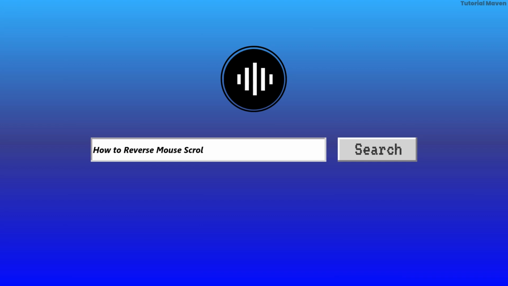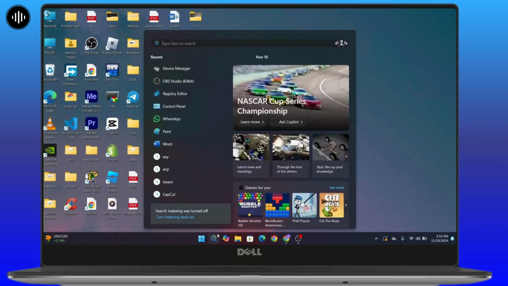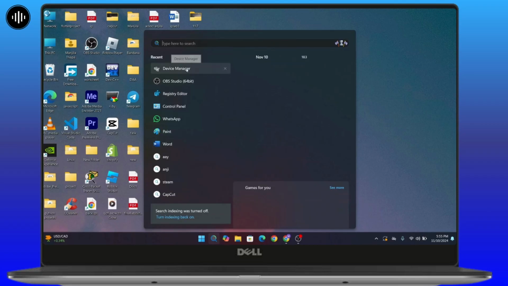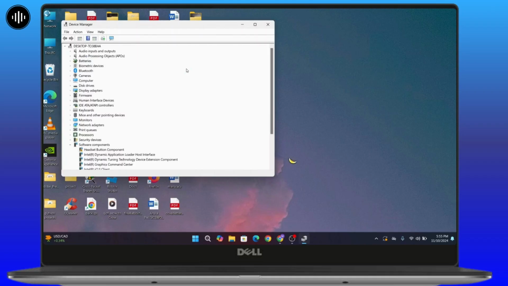How to reverse mouse scrolling direction in Windows 11. First of all, in your laptop, click on the search icon and in the search bar, search for Device Manager and open it up. After you open up the Device Manager, now navigate to your Mice and Other Pointing Device